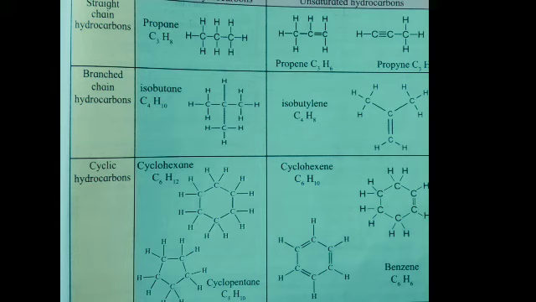Various examples of hydrocarbons are given in this table. It is learned from the structural formula of benzene that it is a cyclic unsaturated hydrocarbon and there are three alternate double bonds in the six-membered ring structure of benzene. The compounds having this characteristic unit in their structure are called aromatic compounds.